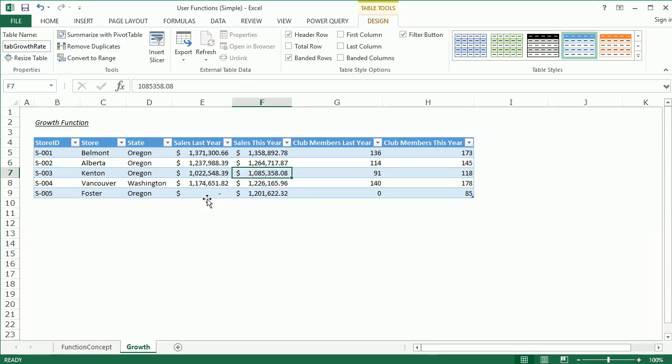We've got the sales for last year, the sales for this year, the club members last year, the club members this year for each one of the stores, and we want to calculate a growth rate. Now, this would be pretty easy to do just with custom columns, but since we're performing the same calculation twice, this is a good candidate for user functions, because we're going to define it once and we can use it multiple times, and if we have to fix it, we could fix it once, and that fix will trickle down to all the different places